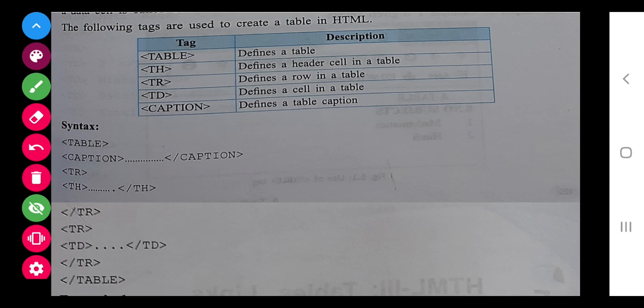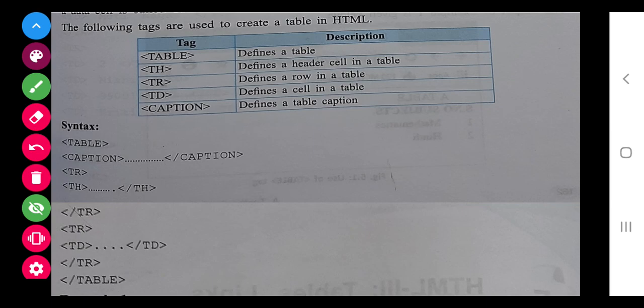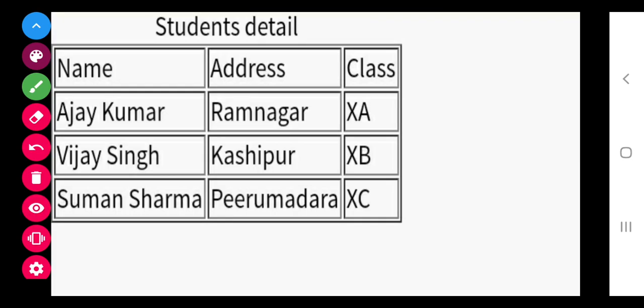Again I am repeating. This is your first row started and this is closed. First row started and this is closed here. This is second row started and closed here. So this is one block, you can say, and this is another block of table. Now after that, close of the table needed, as I have told you in form also. That's all.